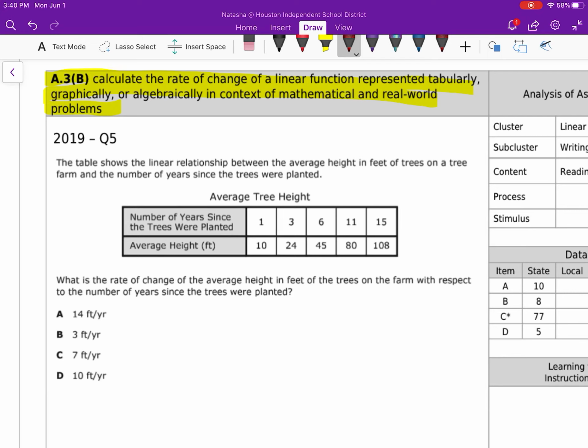Anyways, moving on. On these tics, we're going to calculate the rate of change. Rate of change is the same thing as our slope. That is the change in y over the change in x. And it says we're going to figure that out either